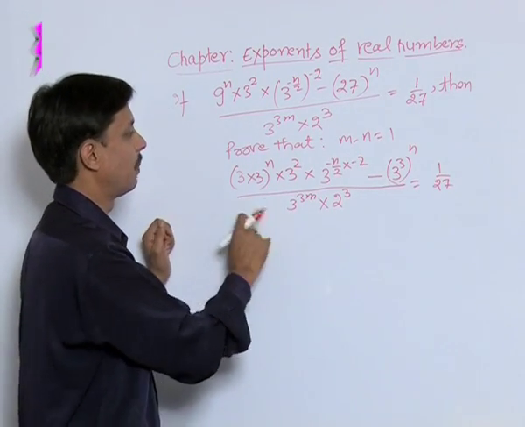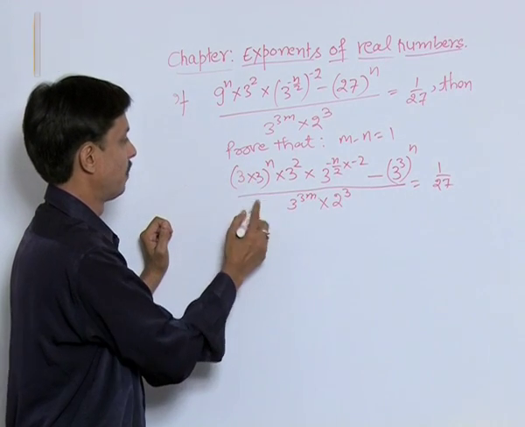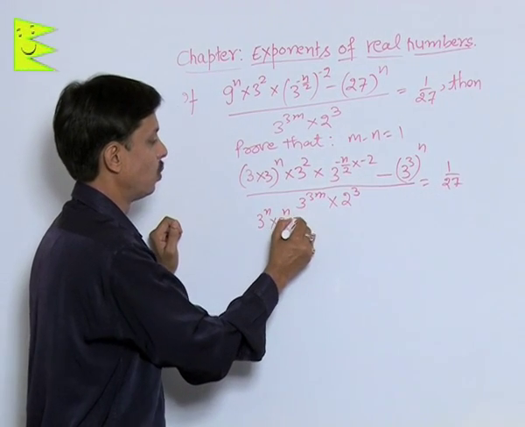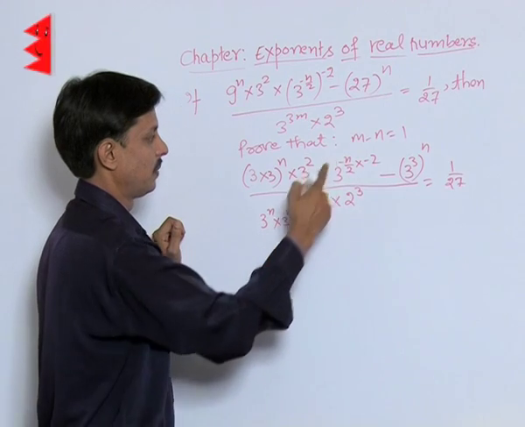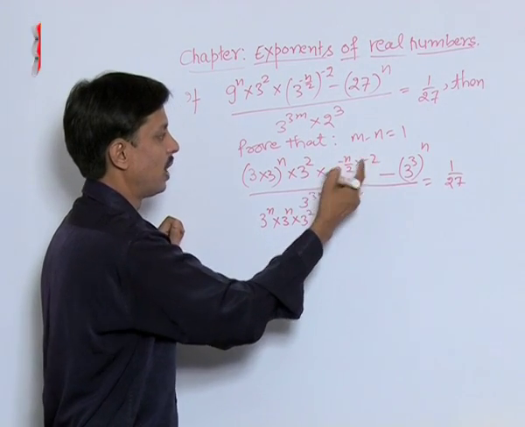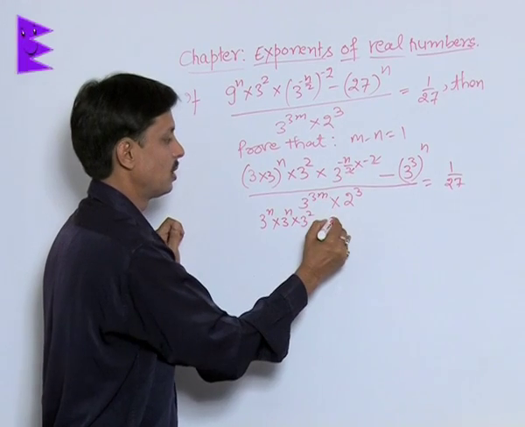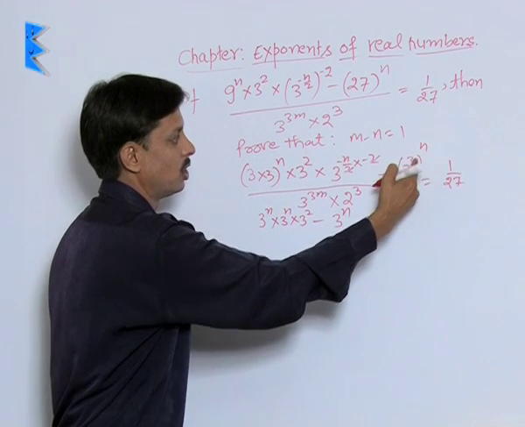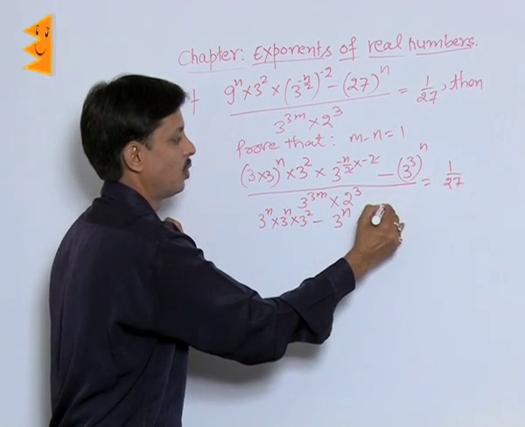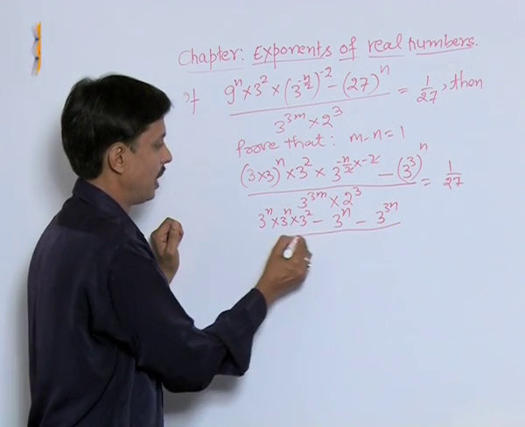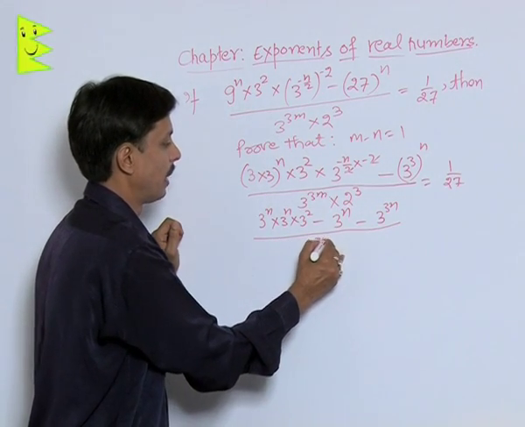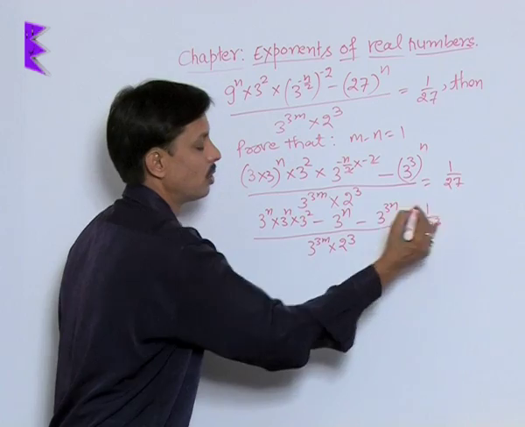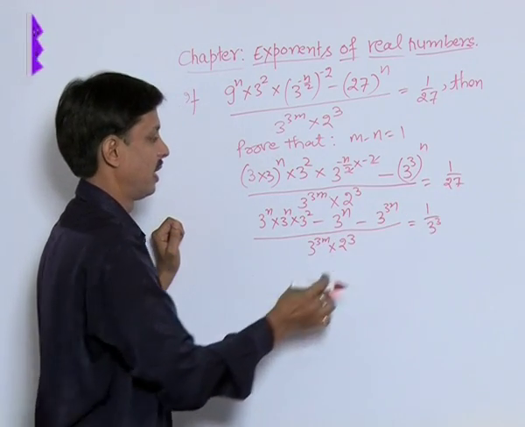Now this process is coming like this, that is this becomes what? 3 is to power n into 3 is to power n into 3 is to power 2. Minus and minus become positive and 2 gets cancelled. So what does this become? This becomes 3 is to power n, and powers to the power, so 3 and n will multiply. So this becomes 3 is to power 3n divided by 3 is to power 3m into 2 cube is equal to 1 upon 3 cube, because 27 can be written as 3 cube.